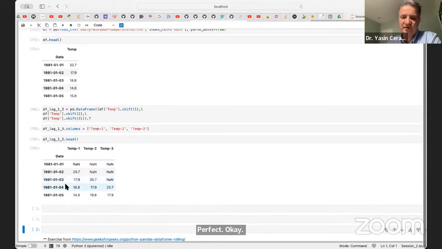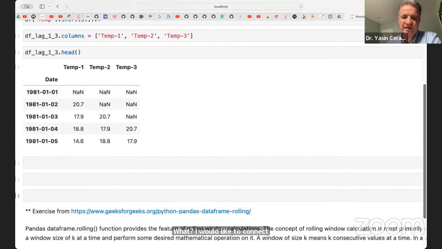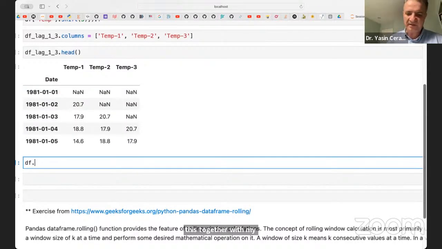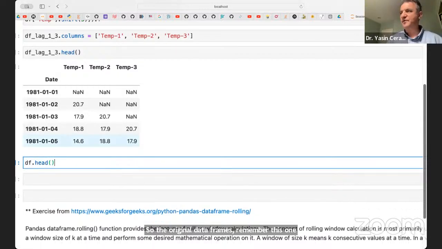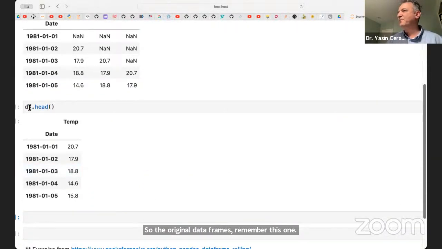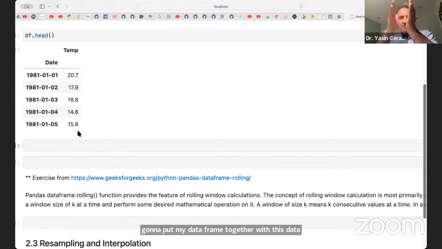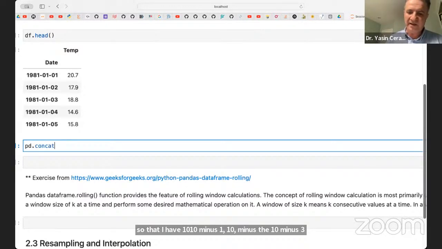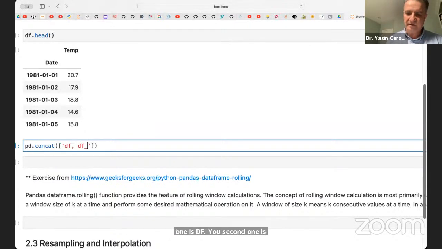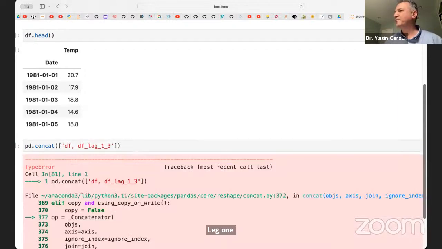What I would like is to put this together with my original data frame. So the original data frame is, remember this one. Sorry, this is my original data frame. I'm going to put my data frame together with this data frame so that I have temp-1, temp-2, temp-3. Again, remember this, pd.concat. The first one is df. The second one is df_lag_1_2_3. If I do this,